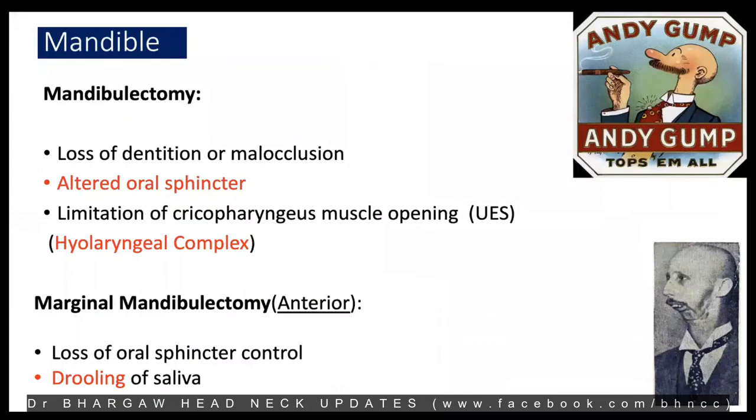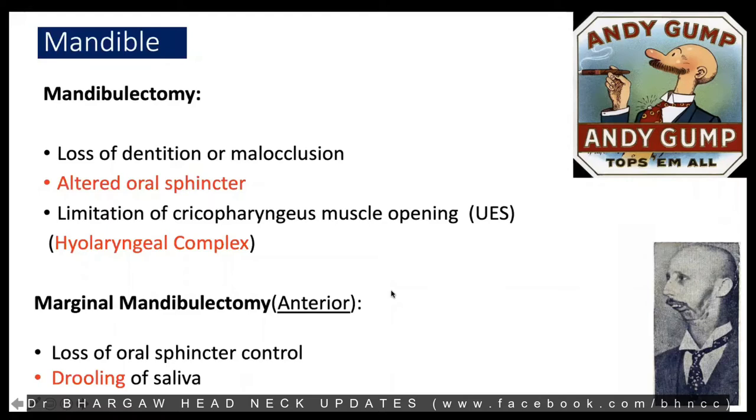Coming to the mandible, as I told you, the patient who undergoes a mandibulectomy has loss of dentition, sometimes malocclusion, and the teeth don't align properly, and the patient cannot chew or bite into the food. If it is a lateral mandibulectomy, they don't have that much of a problem. But if it's an anterior mandibulectomy or involves the middle 1/3 of the mandible, the patient would have a lot of problems with swallowing, and they may end up being a swallowing cripple, dependent on tubes, tracheostomy and feeding tube.